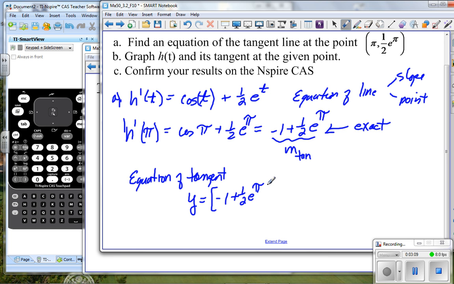Our slope times x minus our point, so it would be x minus pi. That's the input of the pi, plus 1/2 e to the pi is our output value of that. Now again, just keep in mind what we have here. This again is our slope, and these two pieces right here comprise our point of tangency. Okay,